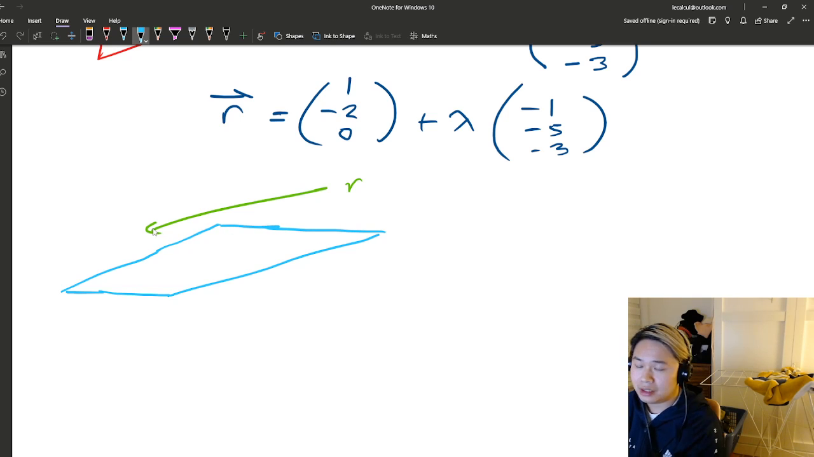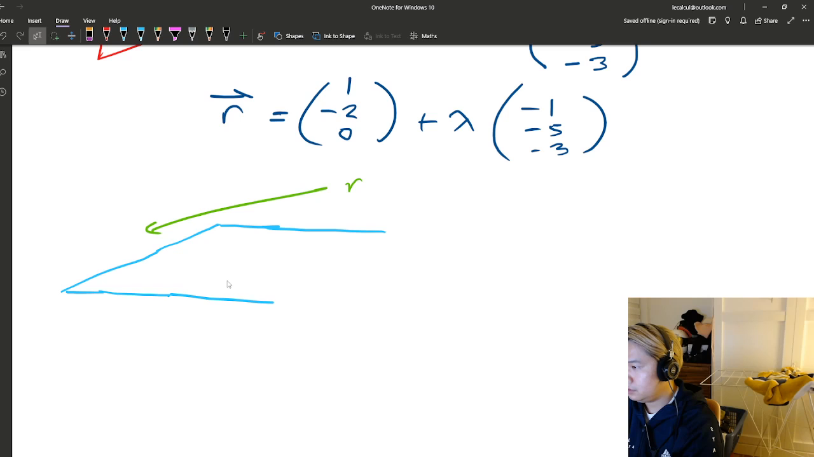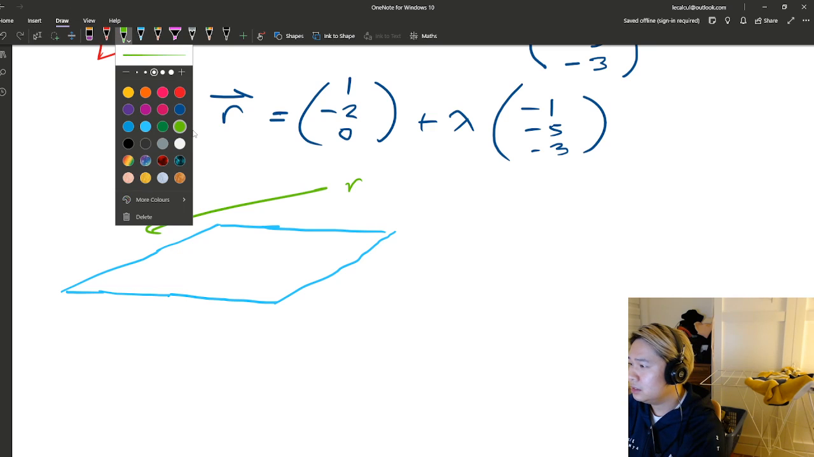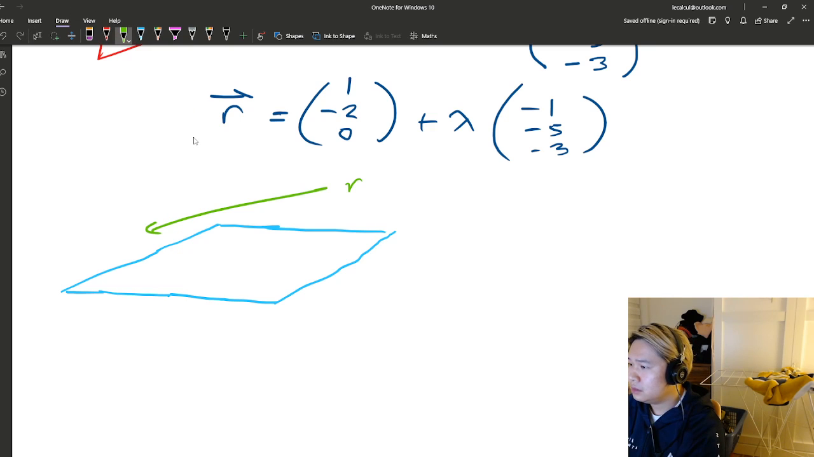It's hard to draw 3D in 2D space. But if we want to find the distance between them, then we can just take any point that we want, really, from this line, and then we calculate first off